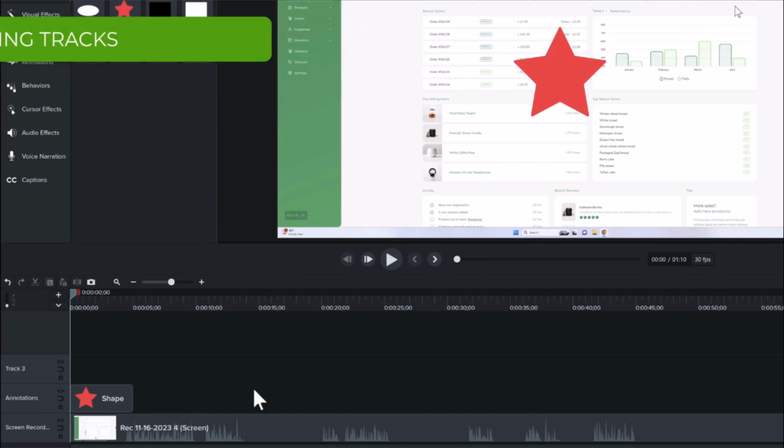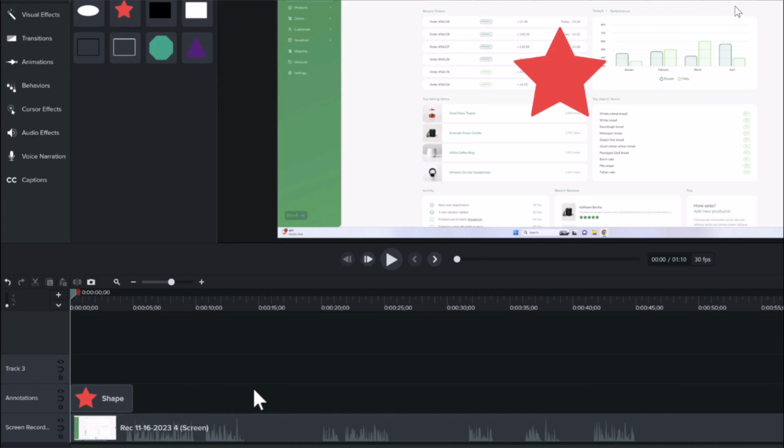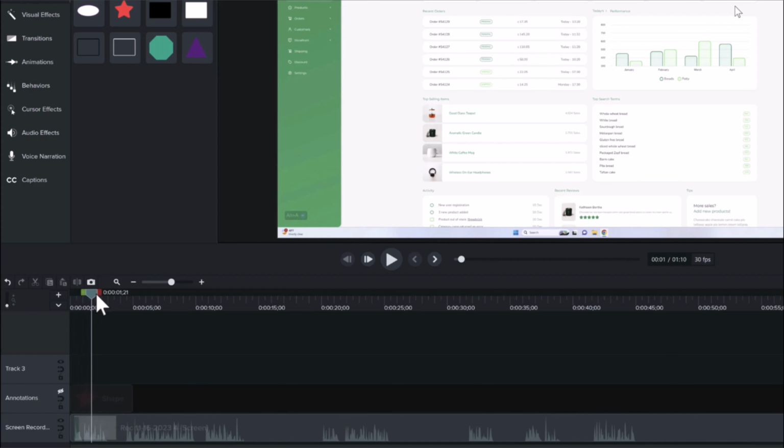At times, you may want to preview your video with certain tracks on or off. For example, to focus on editing this screen recording track and hide the annotations track, click on the eyeball icon next to the annotation track. When you preview the video, the annotation will not appear until I click on the eyeball again and it turns